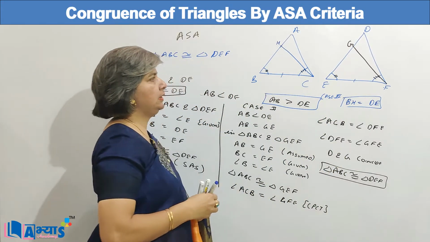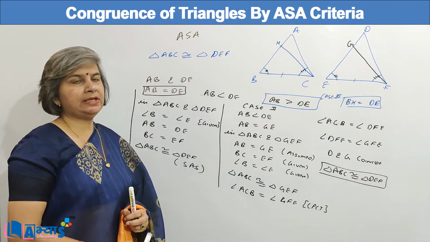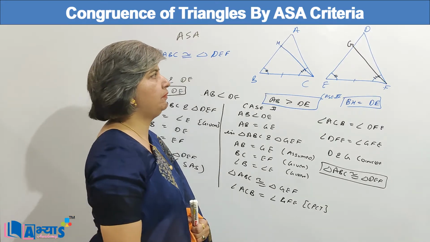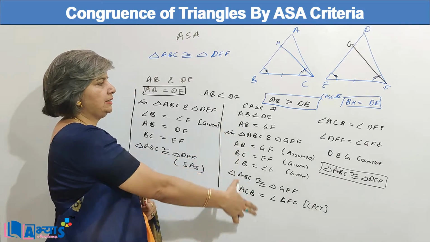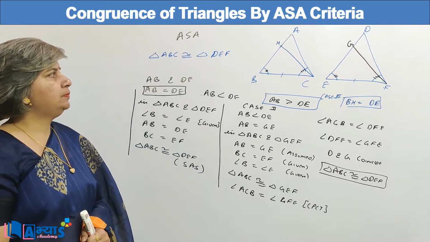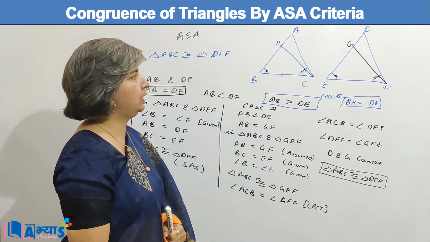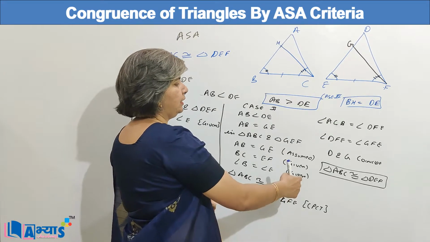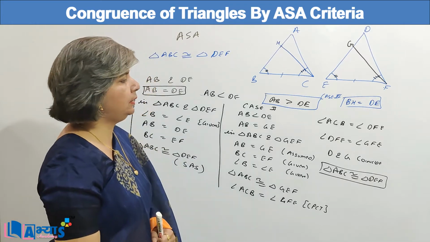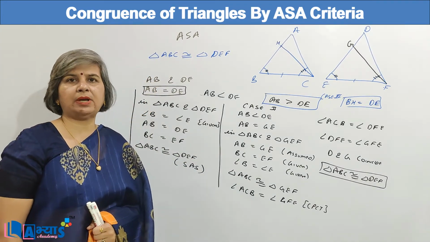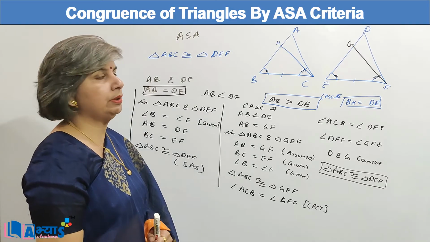So in case 3 we have taken a point H on AB such that BH is equal to DE, and then on the same lines we will try to prove that HBC is congruent to DEF, and again similarly we can prove that triangle ABC is congruent to triangle DEF. So this is how we can prove in all the three cases that the triangle ABC is congruent to triangle DEF.